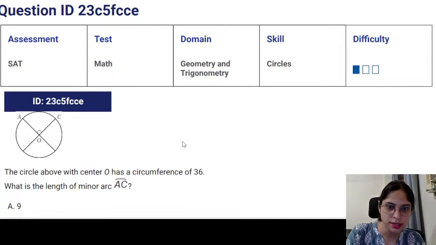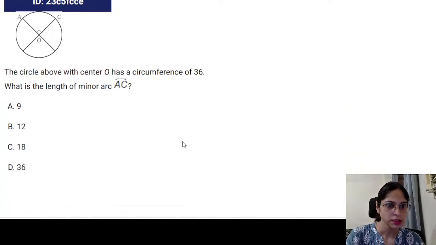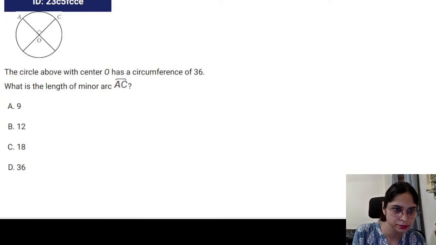Now what is the question asking? This is a circle, O is the center, and the circumference of the entire circle is 36. What is the length of minor arc AC? If you see, this is the minor arc AC,